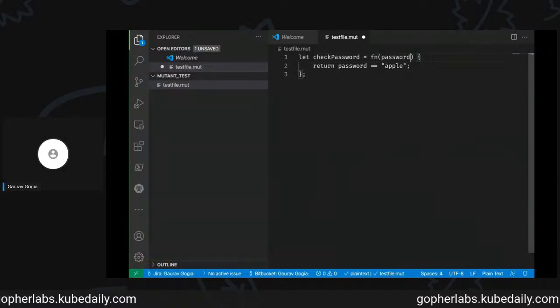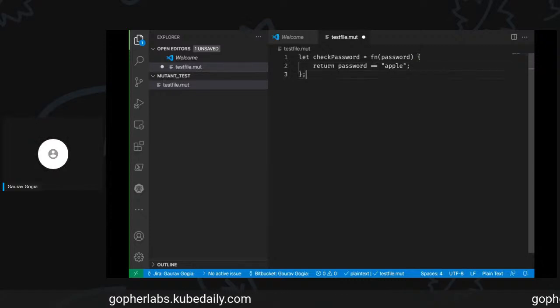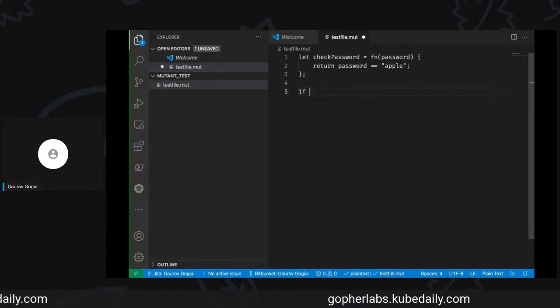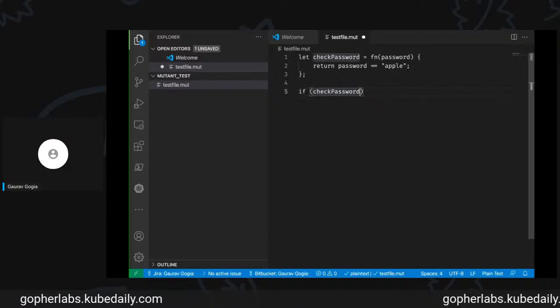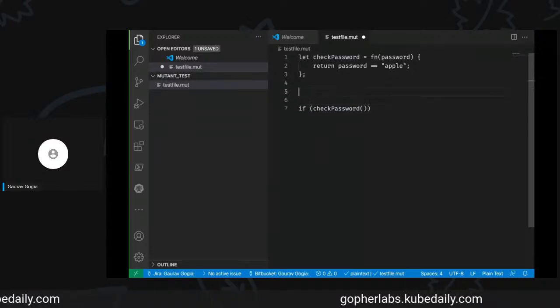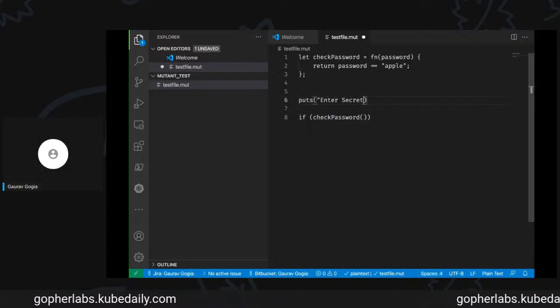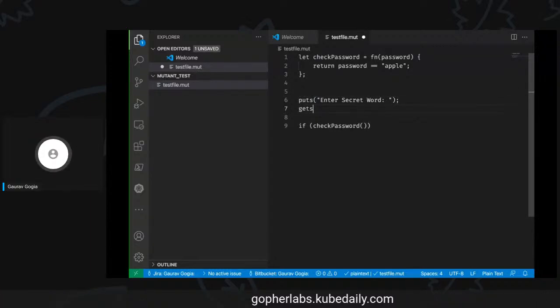This little function is going to check whether the value of the password is Apple or not. And we'll take this password as a user input. Enter secret word, and hopefully things will work.